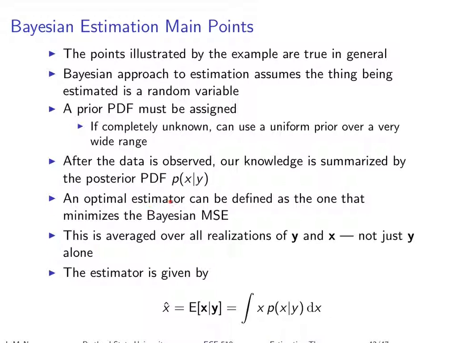And the optimal estimator, one way of defining it, is the estimate that minimizes the Bayesian mean squared error. It's important to realize, and you'll see some examples of this, that this framework is trying to minimize the error over all realizations. So it's trying to be right on average. It may not produce the best estimate for your particular realization. It's trying to minimize the error over the entire ensemble. It's this expectation over that joint distribution. So that's something to bear in mind, it's trying to be right on average. It may not be right in your particular case. And that's always true, or usually true, when you're working with random variables.